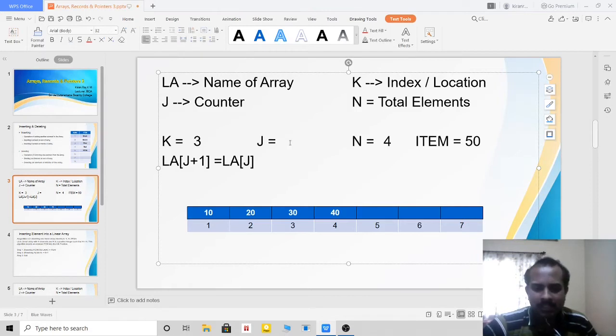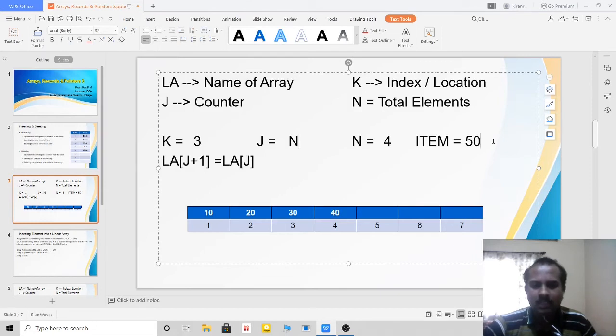That means initially I am going to make j equal to n. So now j is 4. So LA of 5 is equal to LA of 4. Then in the next step, LA of 4 is equal to LA of 3. In the next step, LA of 3 is equal to LA of 2. So my value is present here.